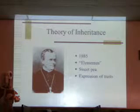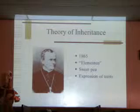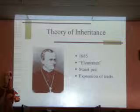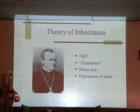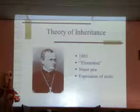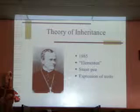Okay, so anybody recognize this individual? Monk, studied sweet peas, Mendel, yeah, Gregor Mendel. So in 1865, Gregor Mendel's publication on sweet peas was the first time that anyone described inheritance